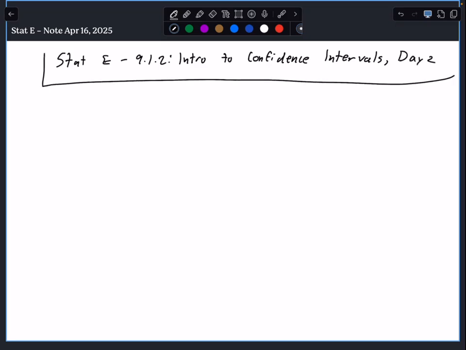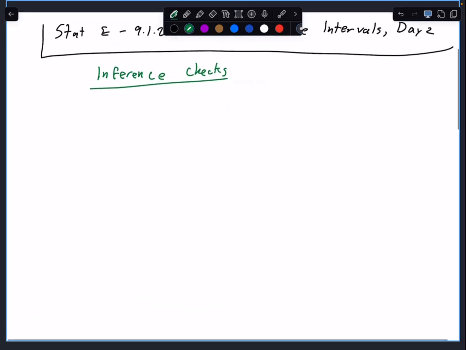So, again, we're talking about confidence intervals. The first thing that we need to talk about is that confidence intervals are an inference. And the first thing we need to do is inference checks. One of the first things that you're going to be doing in all of the problems that we do, once we get back from break, of course, is check: can we do inference? Okay, well,